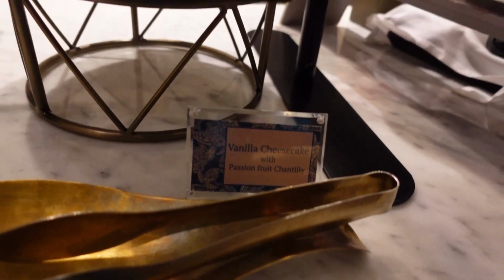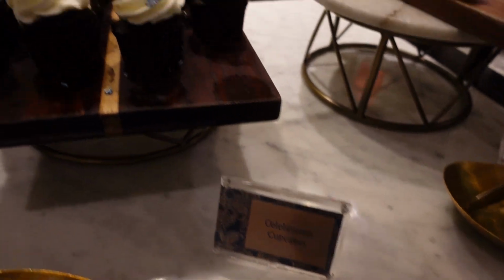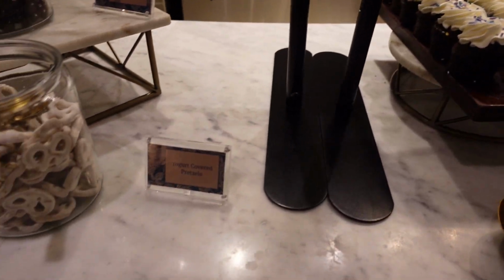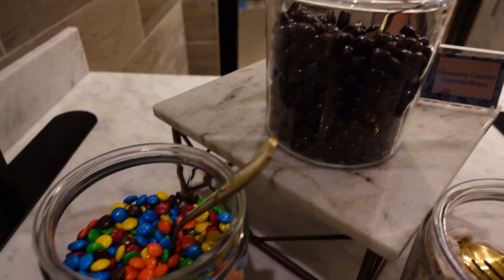They also have a vanilla cheesecake with passion fruit chantilly, celebration cupcakes for the 100th anniversary, yogurt covered pretzels, chocolate covered espresso beans, and M&Ms. Of course, there are some desserts there that are pretty commonplace, which don't need my insight, but there are a few things that are unique, which I'm interested to try, and I'll let you know how